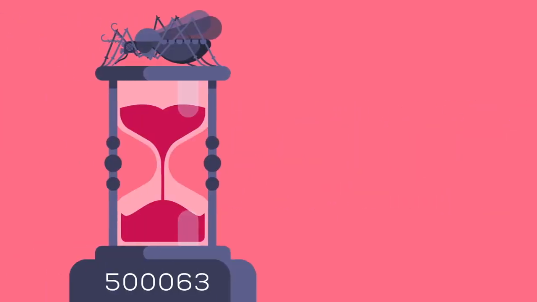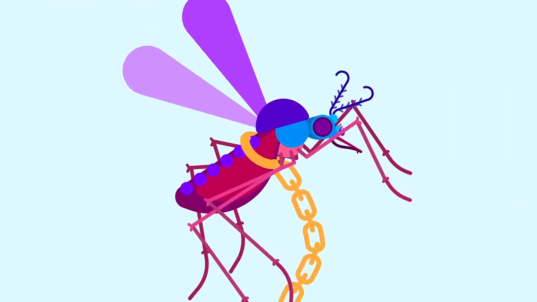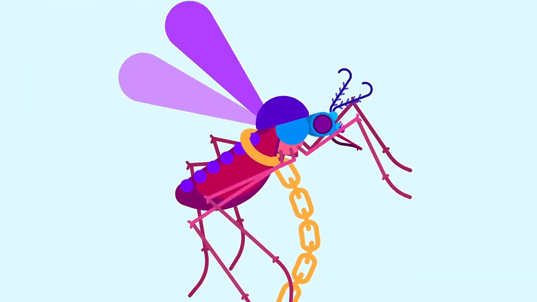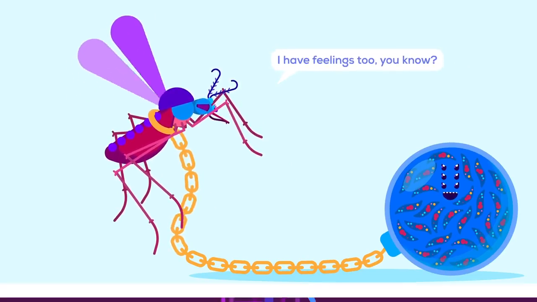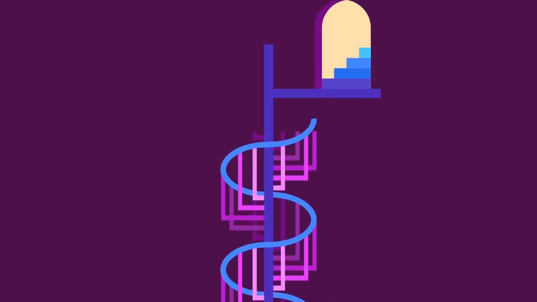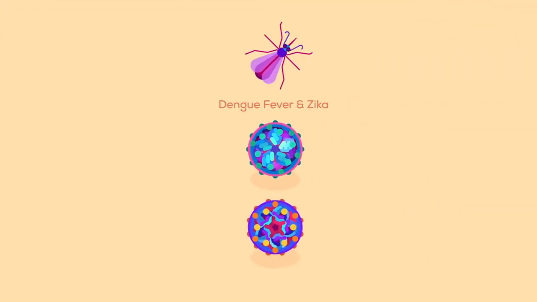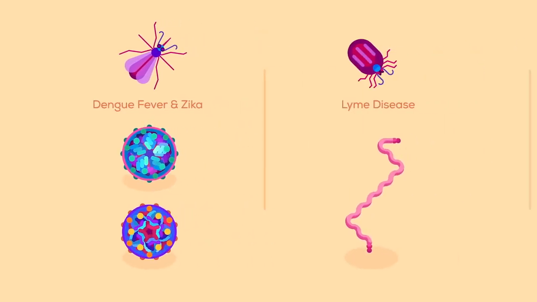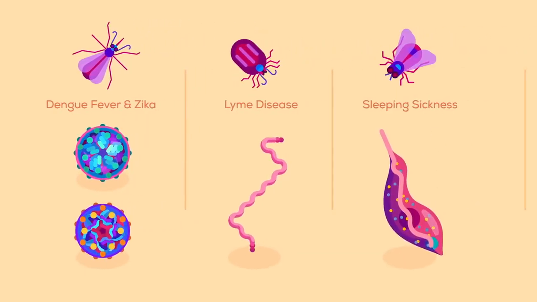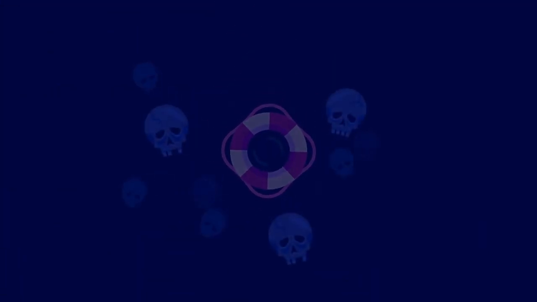Some scientists argue that we should use the technology sooner rather than later. The mosquitoes themselves would probably only profit from this. They don't have anything to gain from carrying parasites. And this might only be the first step. Malaria might just be the beginning. Different mosquitoes also carry dengue fever and Zika. Ticks transmit Lyme disease. Flies transmit sleeping sickness. Fleas transmit the plague. We could save millions of lives and prevent suffering on an unbelievable scale.